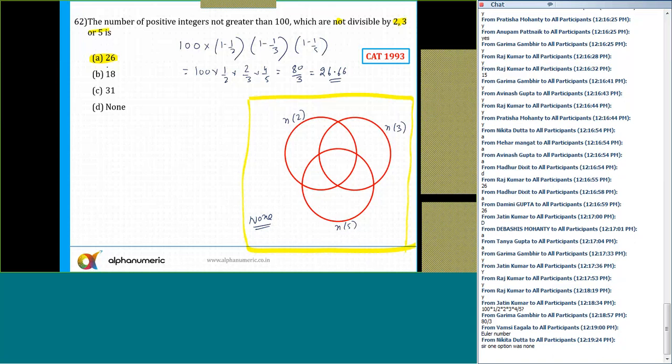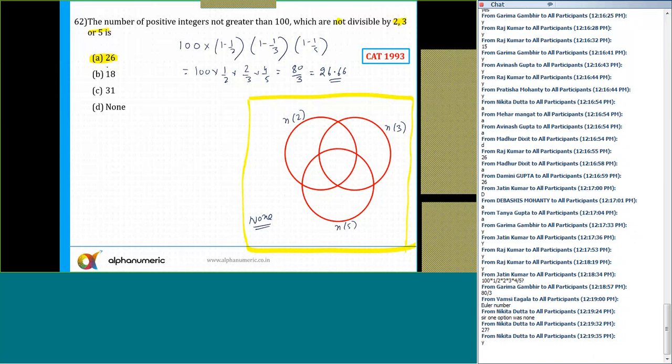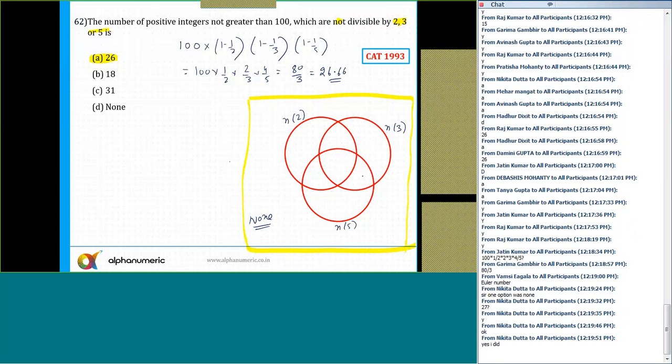How? Definitely one of the options was none. So when you get 26 point something, the answer can be 27 also. The answer may be 27 also. I told you that it's not necessary that it is 26, but most of the time it will be here. So you can mark 26 and 26 is the correct answer. Otherwise Nikita, what you could have done is calculate all these values. Now I'll also tell you how you can do it. Otherwise, to be sure, you can find out this thing.